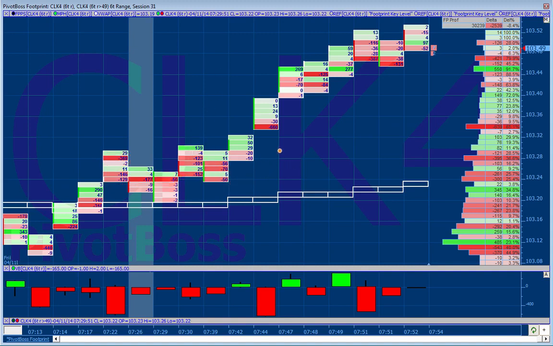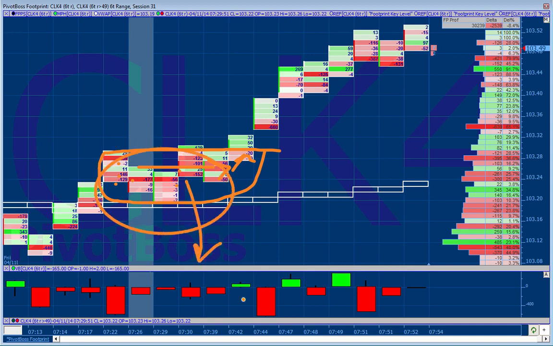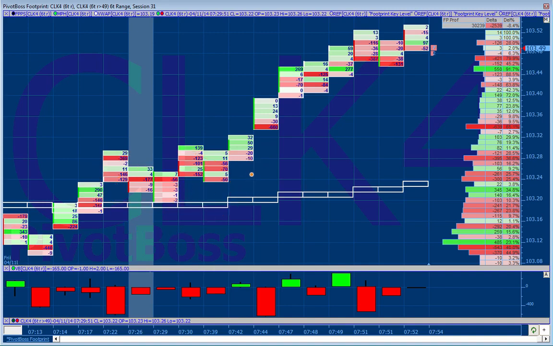So look at that for a moment. All of these contracts right here, for the most part, they're all sell side. And what is price doing? Is it going up, down, or sideways? It's mostly going sideways to up. But hold on. These are a lot of sellers in here. Why isn't price going down? Because there are passive buyers that are putting limit orders in here that are basically absorbing all of that supply.